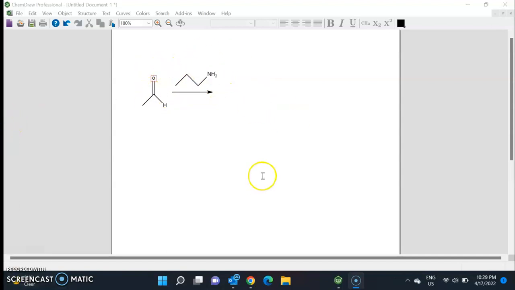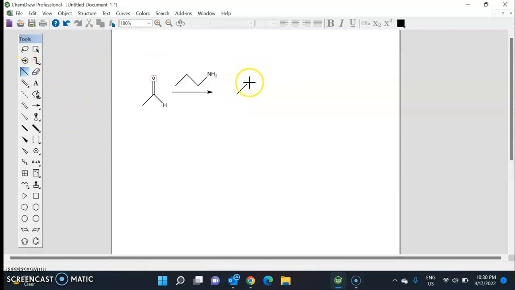Okay, so let's switch and talk about a slightly stronger nucleophile, which is nitrogen. So nitrogen as a nucleophile will be in the form of amines. So here we have a primary amine, and you know it's primary because it has 2 hydrogens and it's only connected to 1 carbon right here. So if this reacts with this aldehyde, we will end up